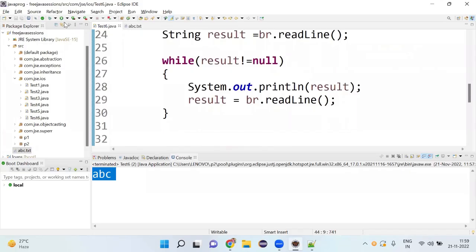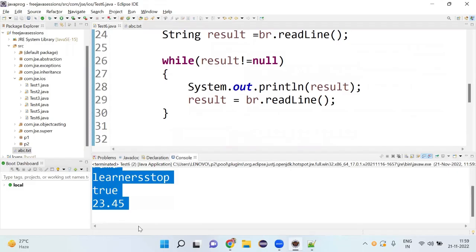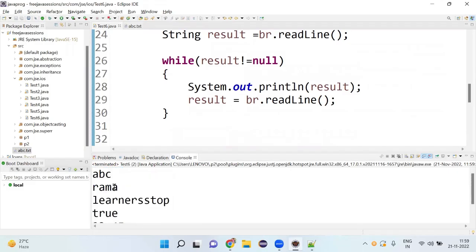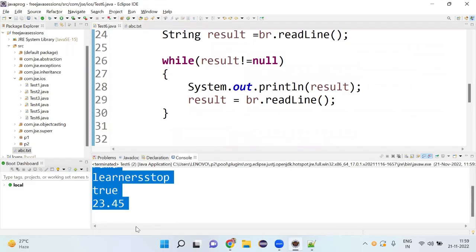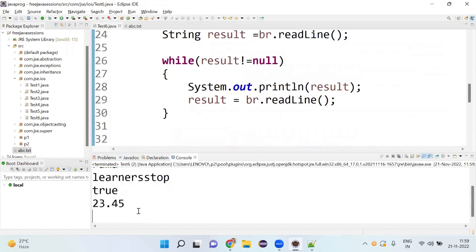So if I run this application, see here: ABC, Rama, learner, stop, true, 23.45. But how many read operations are going to happen? Only 6 times, because 6 lines are available. In this way, we are able to reduce the traffic between secondary memory and primary memory by using this